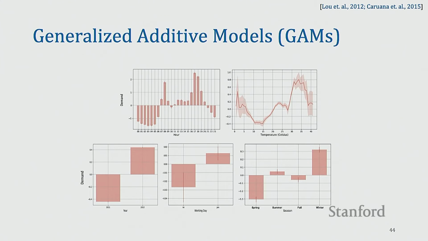And by the way, these are not just plots from the data. This is actually the output of the method that is generalized additive models. Okay, so it shows you how the output can be modeled as different functions of input variables. So the output in this case is essentially a summation of all the curves that you're seeing here. Okay, it's like an additive combination.